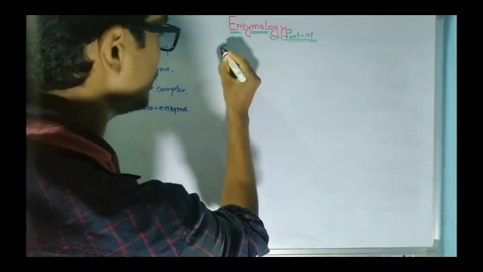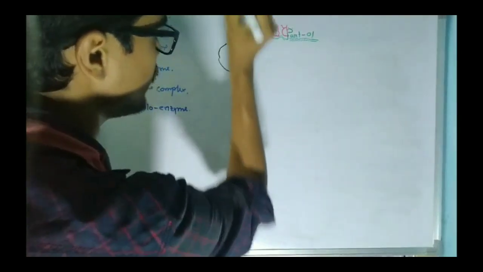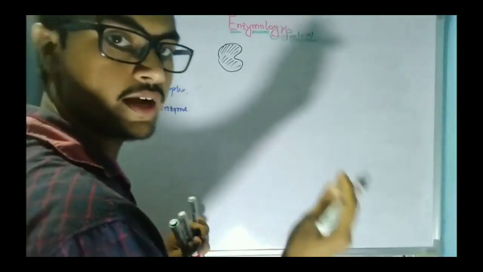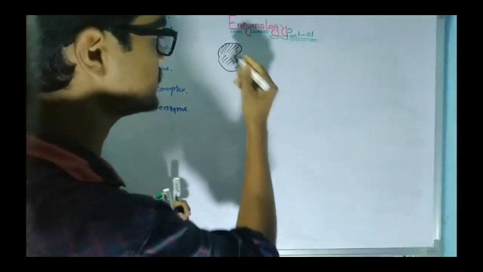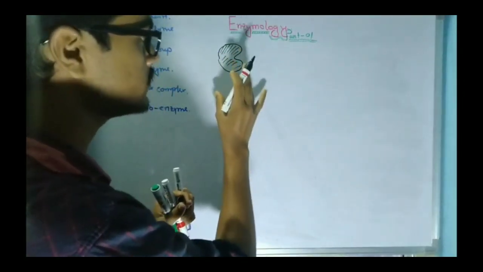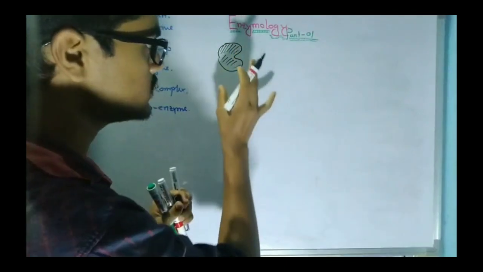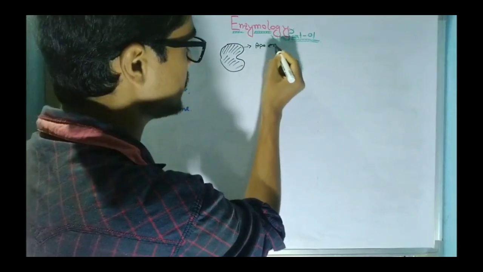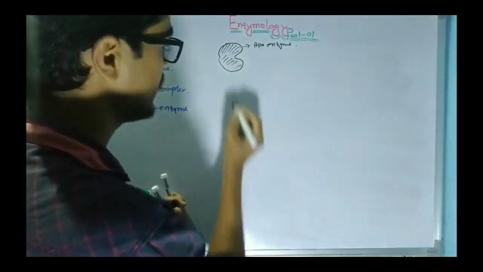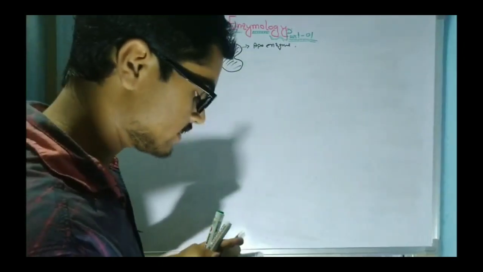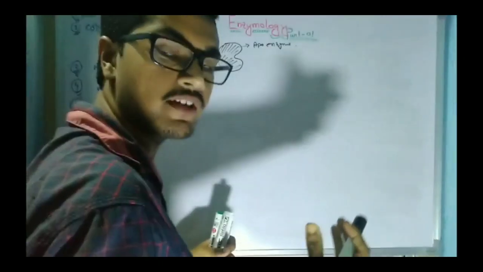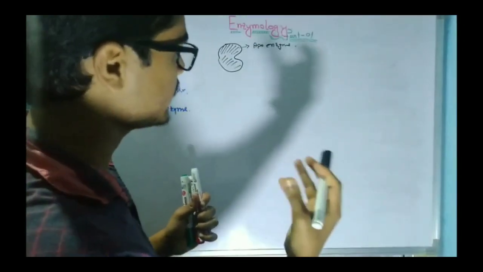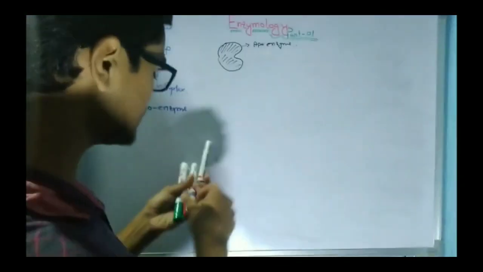Let's suppose this is our enzyme. If you remember, I've said that enzyme is made up of a protein part with a non-protein part, but in this structure I basically discuss the protein part of this enzyme. Suppose this is an enzyme which does not have any non-protein part, but is constituted with a protein part, and this protein part of this enzyme is known as the apoenzyme. This is the apoenzyme, and we know that every enzyme has a binding site through which it will bind with the particular substrate, and form the enzyme substrate complex, and create some products from this enzyme substrate complex. So this site is known as